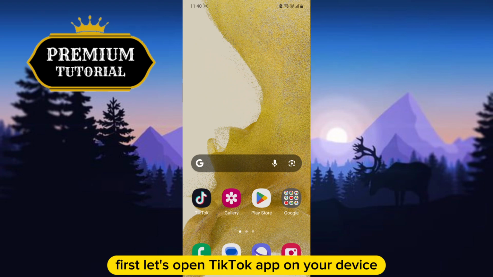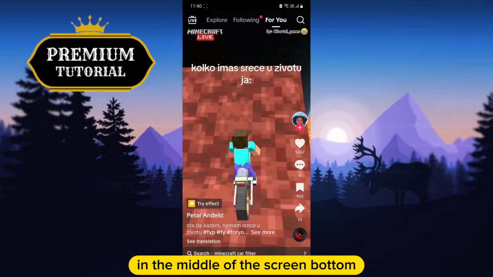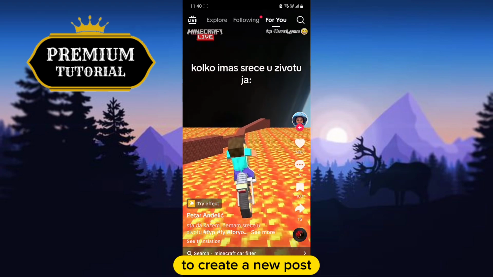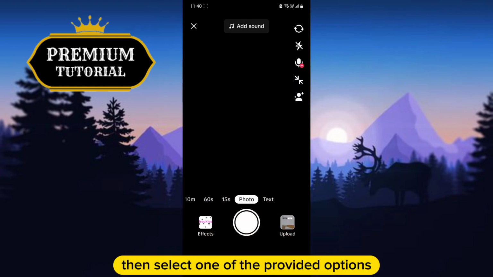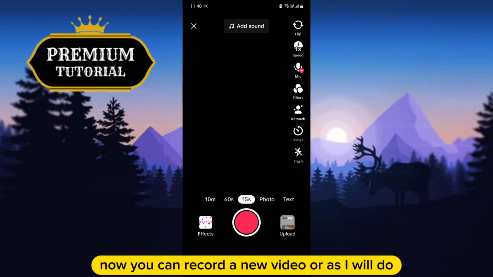First, let's open the TikTok app on your device and make sure you are logged into your Facebook account. After that, click on the plus button in the middle of the bottom of the screen to create a new post. Then select one of the provided options, 15 seconds, 60 seconds, or 10 minutes, to switch the settings from the image to the video. Now you can record a new video, or as I will do, choose a pre-recorded video